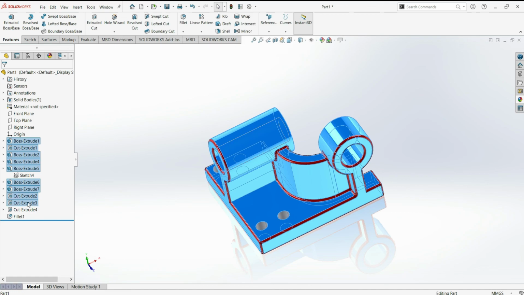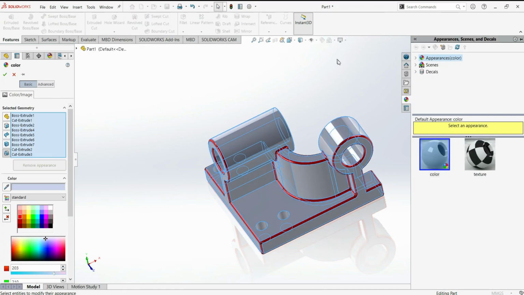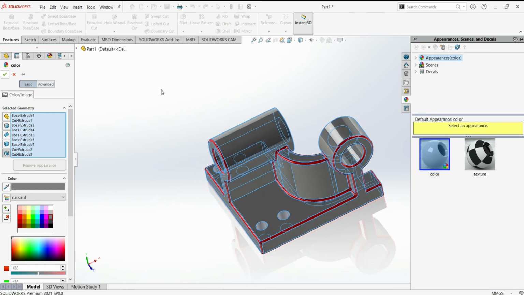This cut extrude, this, not this. So all of these are selected. Let's go to appearance and select this color, make it okay.